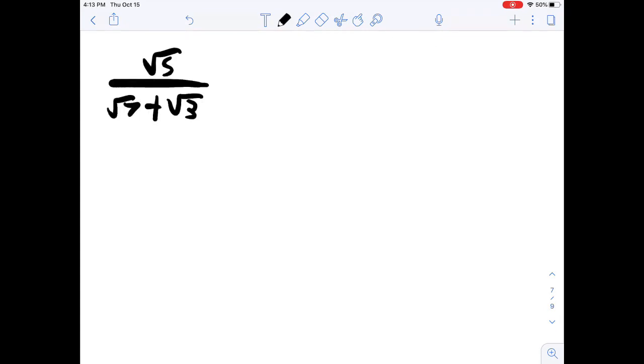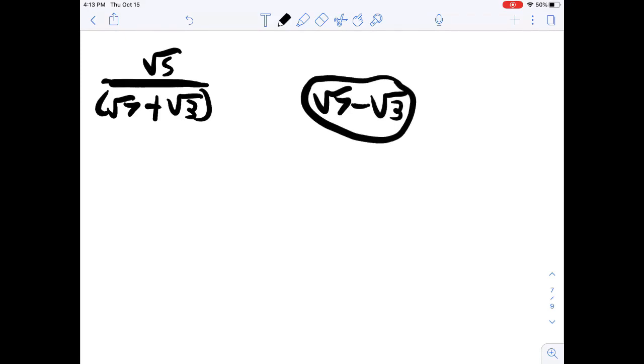Now let's look at this. So the difference here is that the denominator is a binomial, so there's 2 terms in the binomial. We have the square root of 7 plus the square root of 3. So if we want to rationalize a denominator with a binomial, then we use a difference of squares to rationalize. So we take the conjugate of this term, which is the square root of 7 minus the square root of 3, and multiply this by the top and bottom. So that's